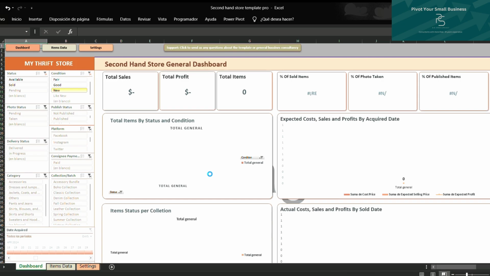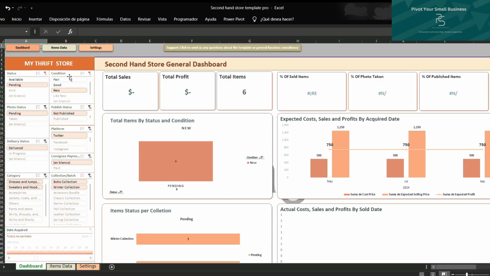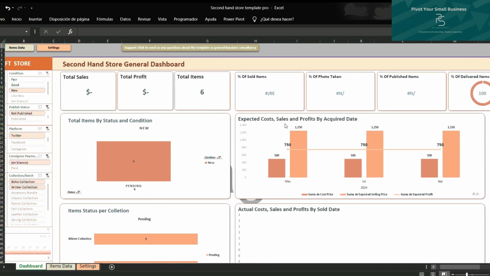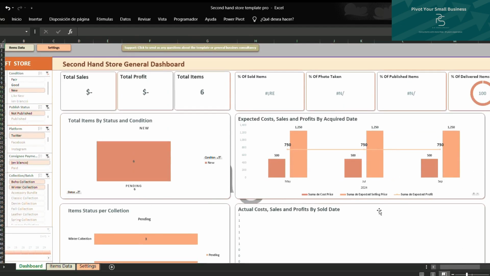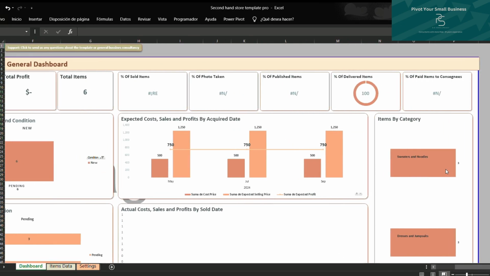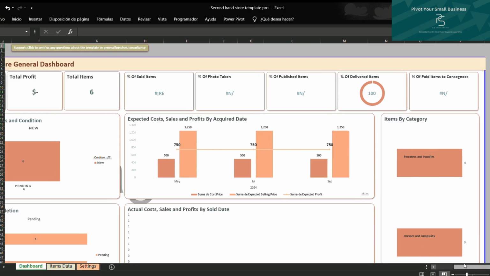And if you want to reset all your filters, you just need to click on every filter that you did in here, and it's gonna clear the filters. So again, here you did a filter of pending and new, and you have a total of 6 items, and these are the expected cost and sales or profits for these items in every month. And you can see that these are from these collections, the winter and the boho collection, and you can see here the categories. That is sweaters. You have 3 that are sweaters and 3 that are dresses,